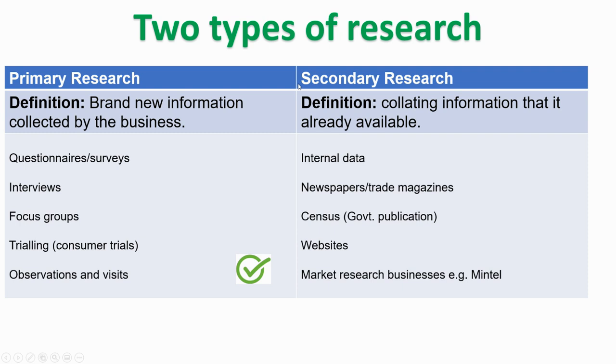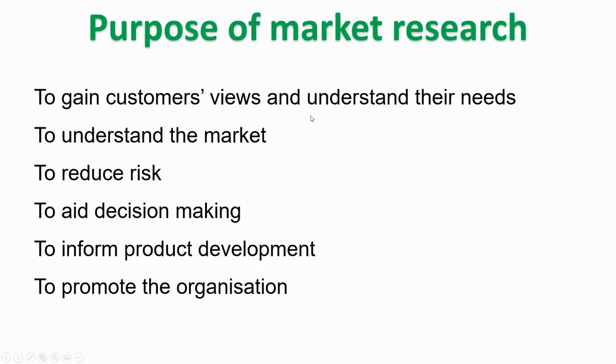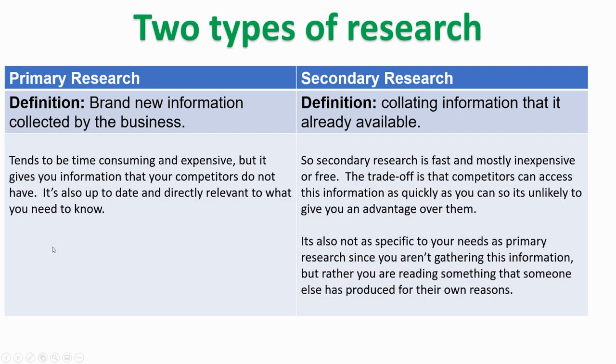Now, the exam does expect you to understand the pros and cons of each of the methods of research. But notice the big tick here, because in the information released by the exam board, they only specifically mention primary research. So be careful with this. Don't go in without knowing what each of these things are and have a couple of pros and cons as a backup plan. But it's the primary research that they tell us they're going to be focusing on. And that's what we'll have a look at now. Before we do, the secret letter for this talk is C.